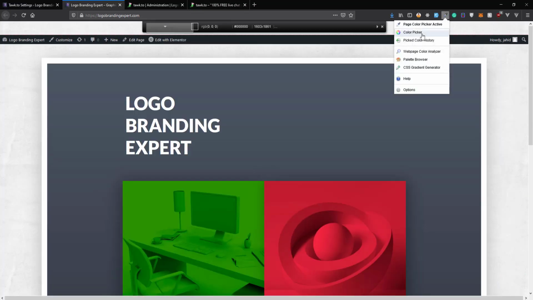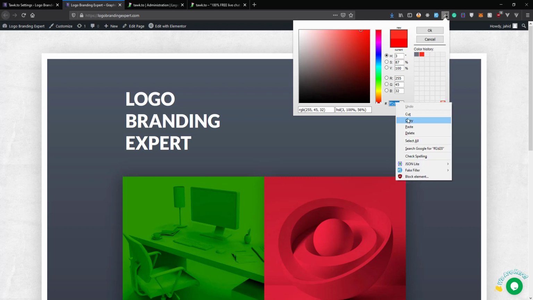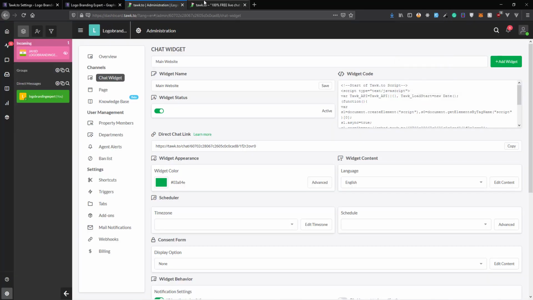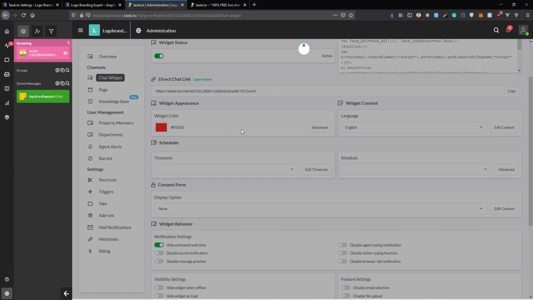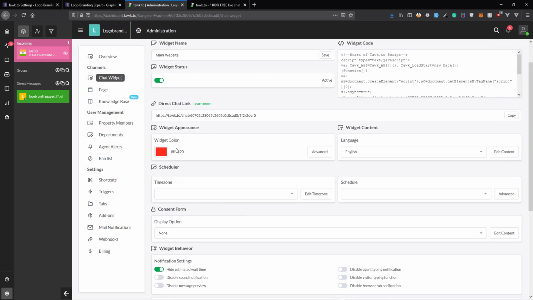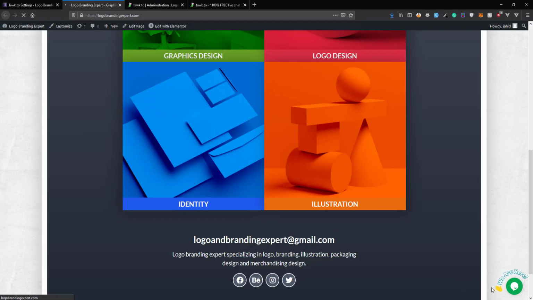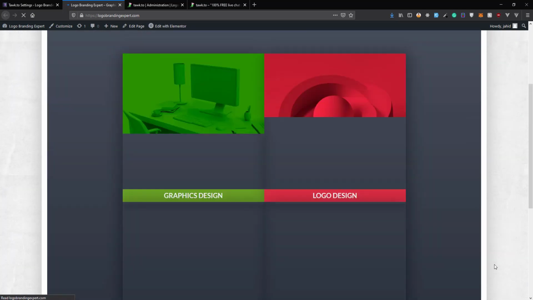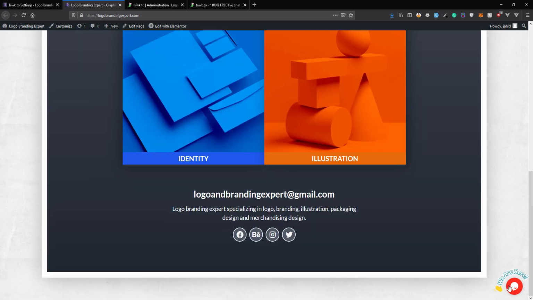So what I'm going to do is just choose any random color just for showing you. I'm just going to choose a hard red color. Don't choose this one because this looks very old. Okay, so I'm just going to choose the widget color and we are done. Once we are done, there is no save button, so it's automatically synced. Just go and refresh your page and then you can see the changes in real time. So just wait and see, we have the changes.